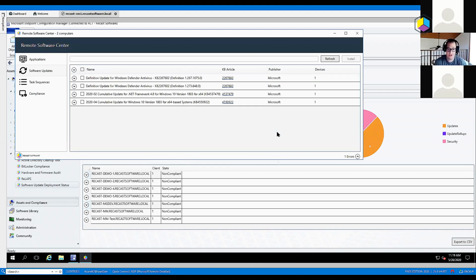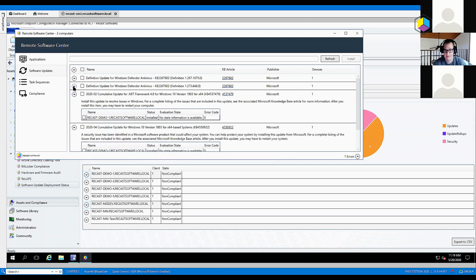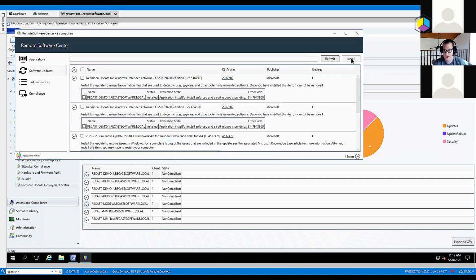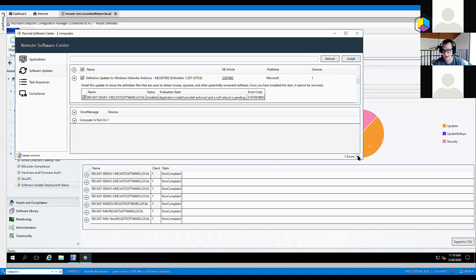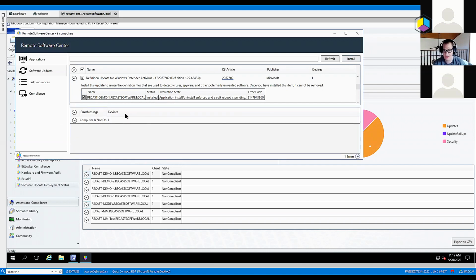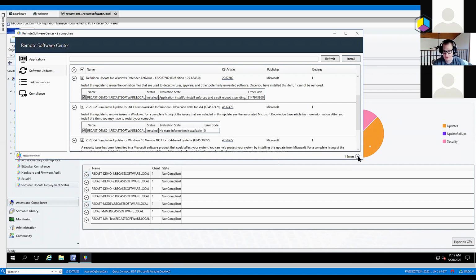And what it just did is it went to those 2 boxes and queried Software Center, the underlying WMI, and said, okay, what's showing up in Software Center? It's going to show me all the updates that are sitting there waiting to be installed. And from this interface, I can select them all, click install, and it would trigger off those installs. I think one of those boxes is probably, oh great, my internet connection is unstable. What a great time to be alive. We can see here one of the computers was not on. And we could click install. I'm not actually going to do that right now